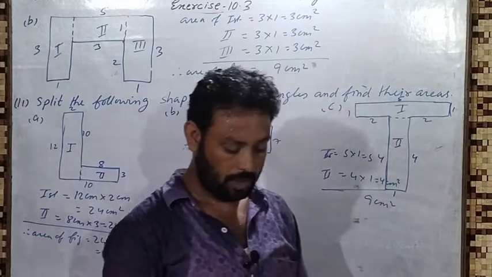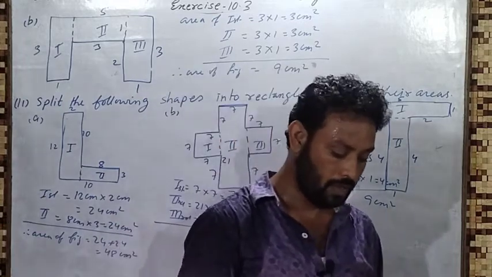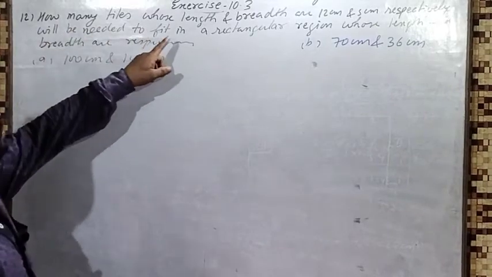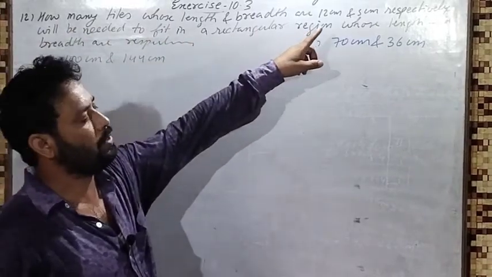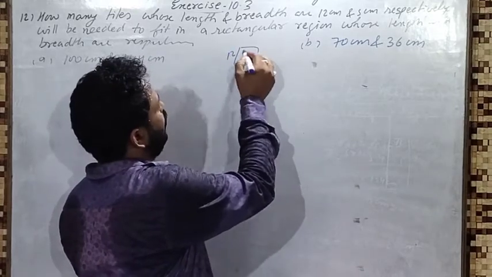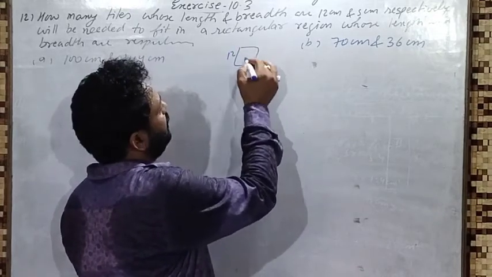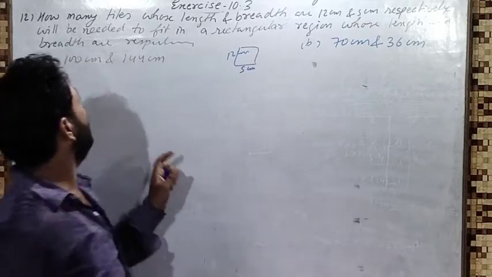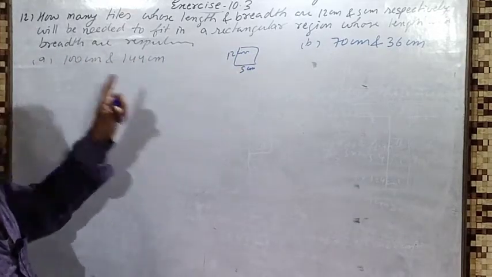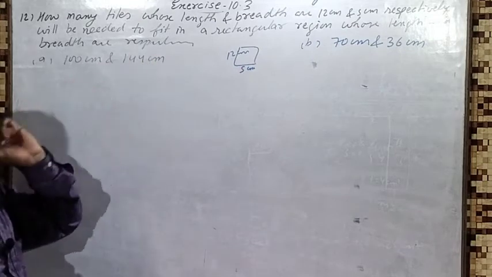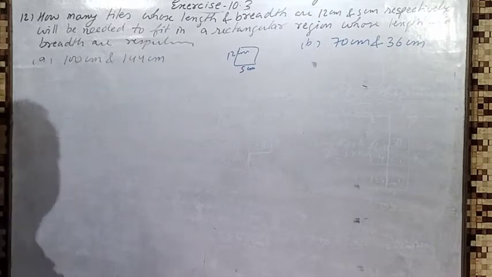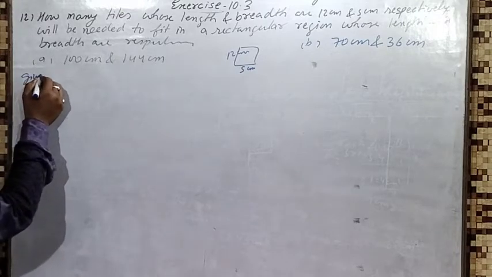Now question number 12. How many tiles whose length and breadth are 12 centimeter and 5 centimeter respectively will be needed to fit in a rectangular region whose length and breadth are respectively given. First one is 100 centimeter and 144 centimeter. So we have given